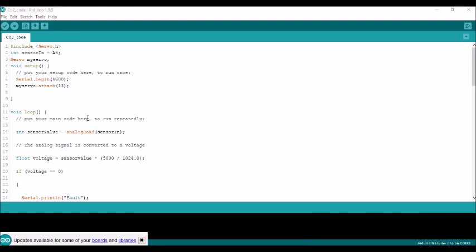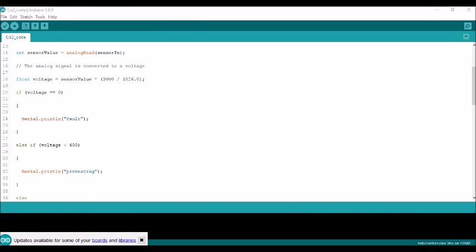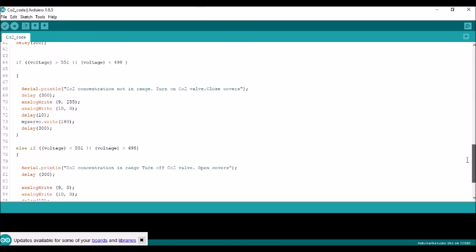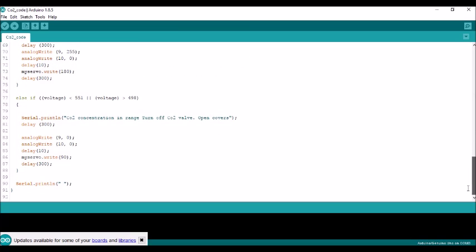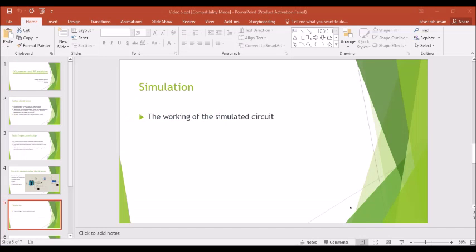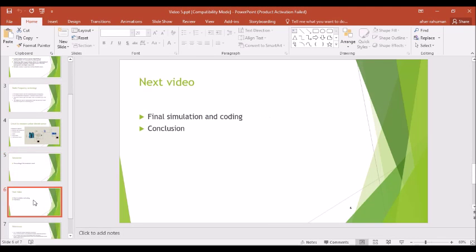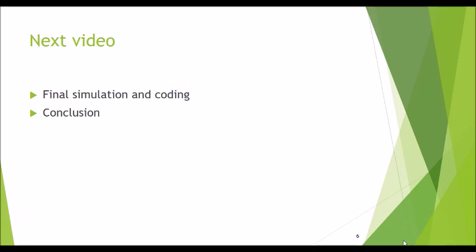This is my code for the carbon dioxide sensor. Now, coming back to the presentation,